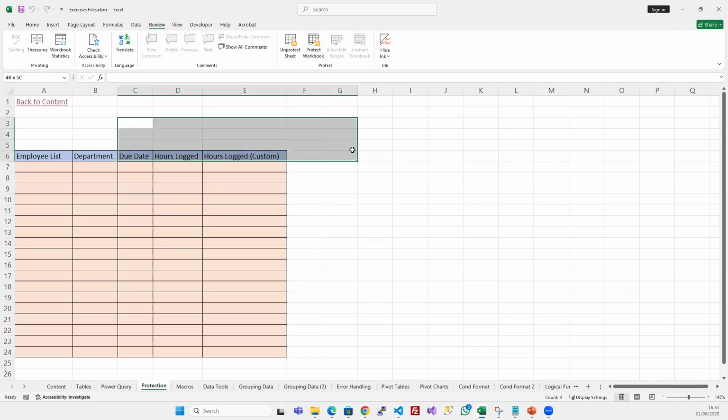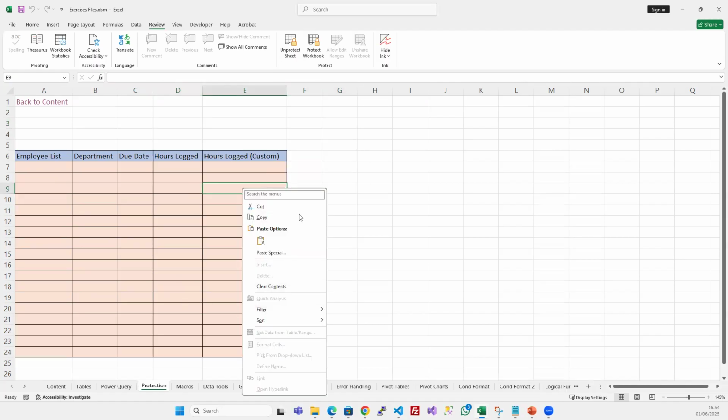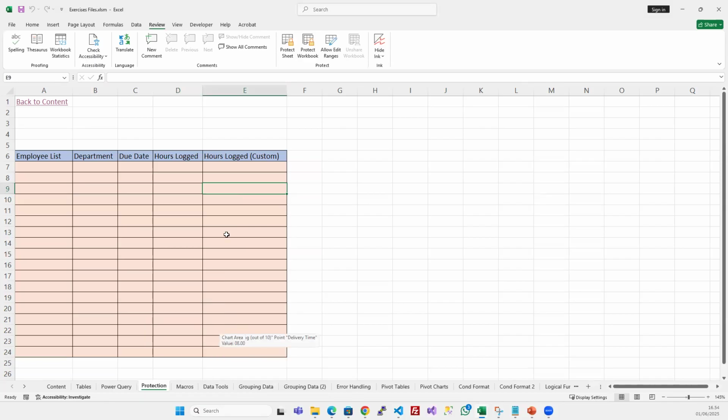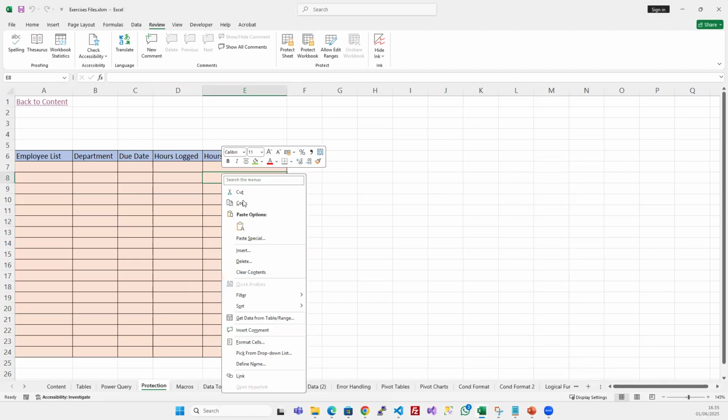Every cell in Excel already by default. Let's right click. Yeah, looks like this one is protected. Oh, sorry. I have to unprotect it first. There we go. Good. So protect sheet, protect book. That's because I had it protected before. So if I right click now and go to format,